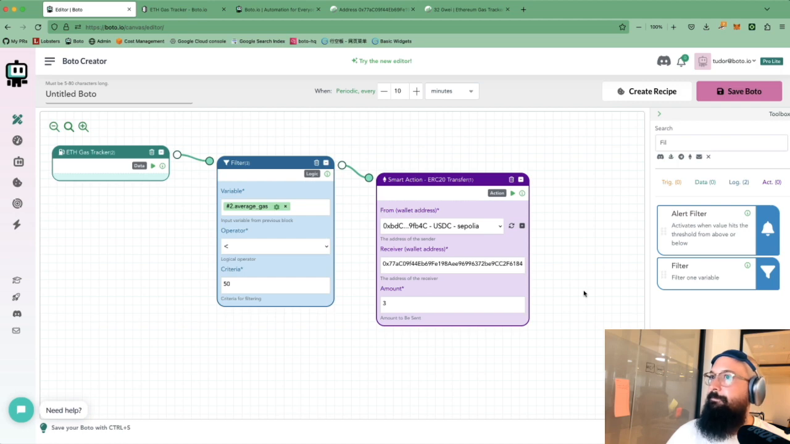This is a bot. Recap. So we have a bot that runs every 10 minutes, and if the gas is below 50, transfer 3 USDC between these accounts, from and the receiver. Short and easily digestible. Let's give it a descriptive name: transfer on gas below 50. Save it,